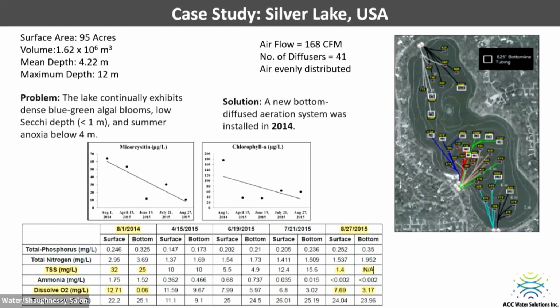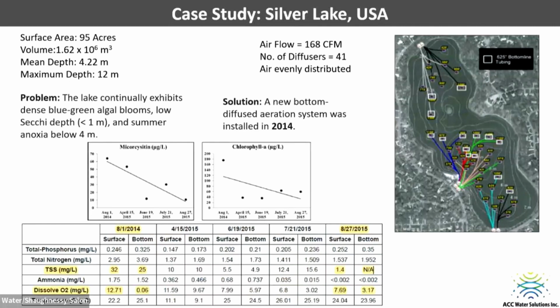If we look at the chlorophyll and microcystin graph, since then it's just been going downward. Basically, airflow was almost equal, they would have worked with 112, but the main factor was the number of diffusers. Instead of putting it at one place, they did it in 41 smaller ones,